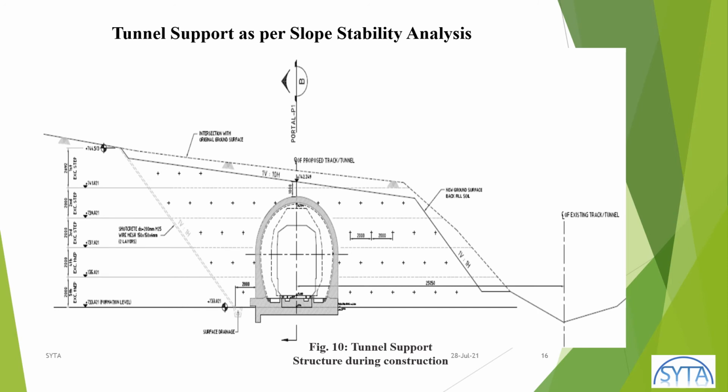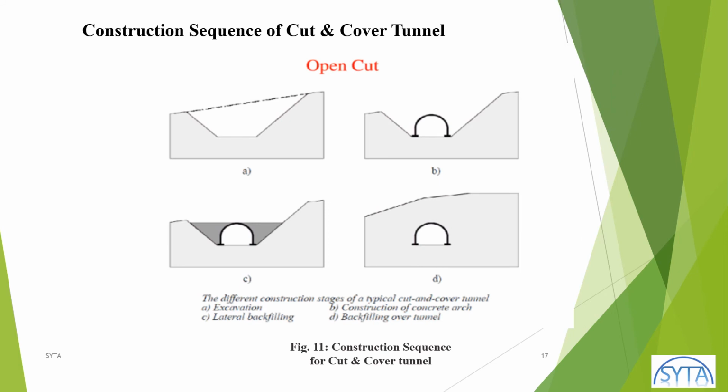So this is the tunnel support which has been done as per the slope stability analysis, and we have given shotcrete of around 200 mm with wire meshing on the slope profile. We can very well see that this has an offset of nearly 30 meters from the center line of the existing fracture. So this is the construction sequence of the cut and cover tunnel, in which we